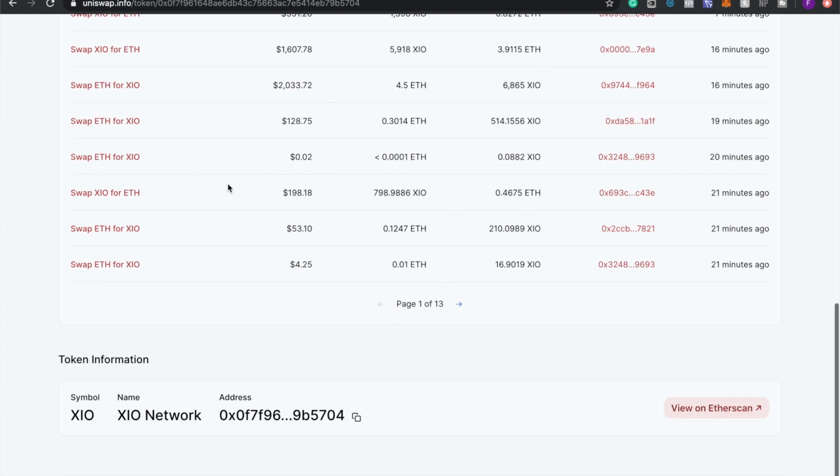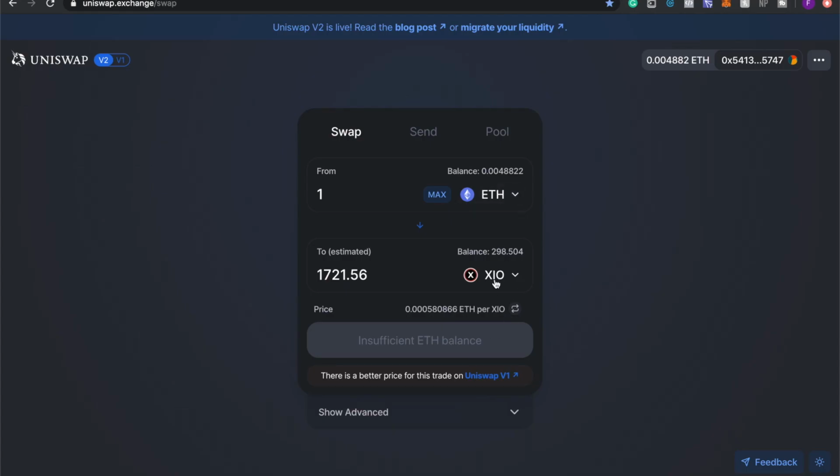You should be able to do that right here, token information. You're just going to copy this address and paste it onto your MetaMask wallet, and then you should see your funds there. So currently I have 298. It's literally nothing. I put in maybe like 50 bucks, 60 bucks in here just to see how it would play out.